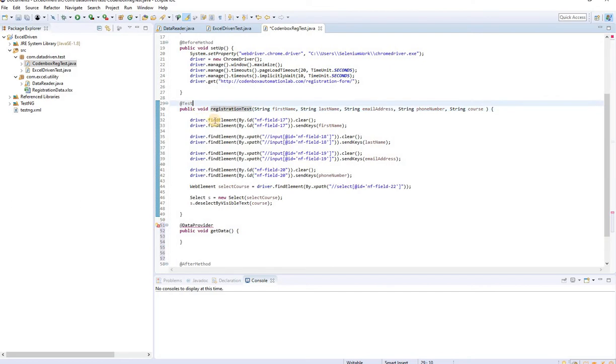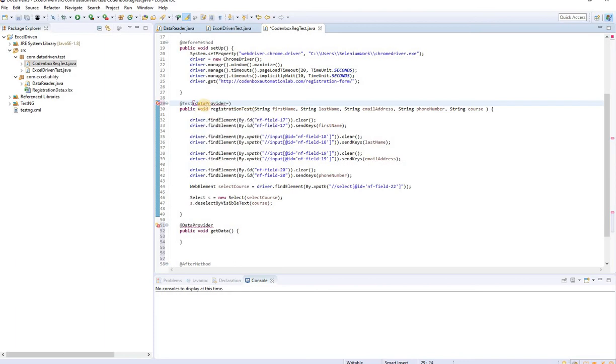How? This method name is getData, right? So with this test annotation, we're going to use dataProvider again, the keyword or reserved word. This time the d is lowercase, you have to remember, and the D in Data is uppercase, right? dataProvider